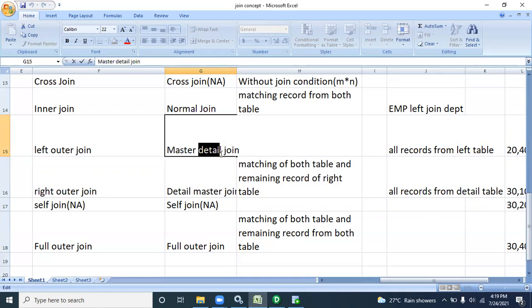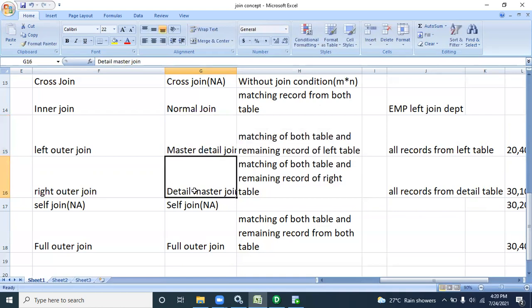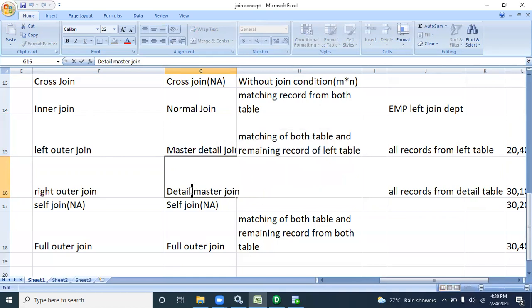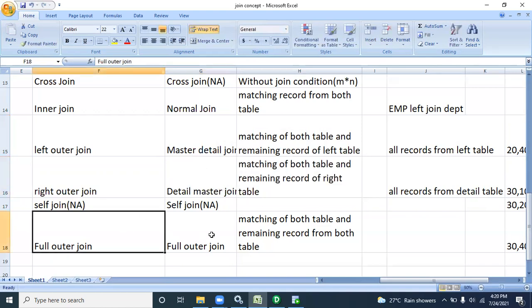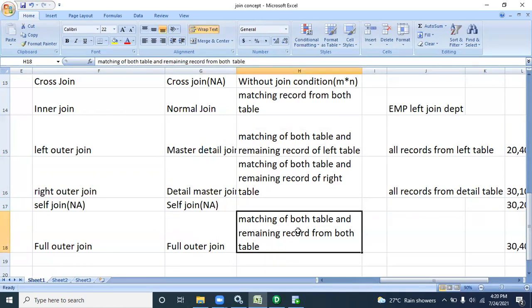When you are implementing detail master join, Informatica gives you matching records from both tables and remaining records from the master table, not detail. That is the only difference. Apart from this, there is no other difference. And again, full outer join will be there. Full outer join means matching records from both tables and remaining records from both tables.